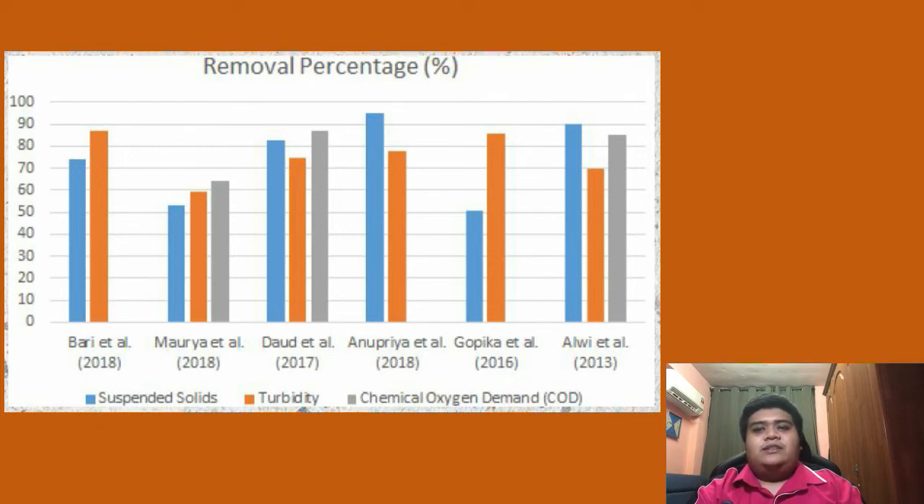Based on the figure included in the poster, we can see that all studies show that banana stem was able to remove more than 50% of suspended solids and turbidity in each of the wastewater samples used for the treatment. Banana stem was able to reduce the turbidity value and amount of suspended solids in the wastewater because banana stem is able to absorb smaller particles existing in the wastewater sample, which are the main causes for turbidity and high